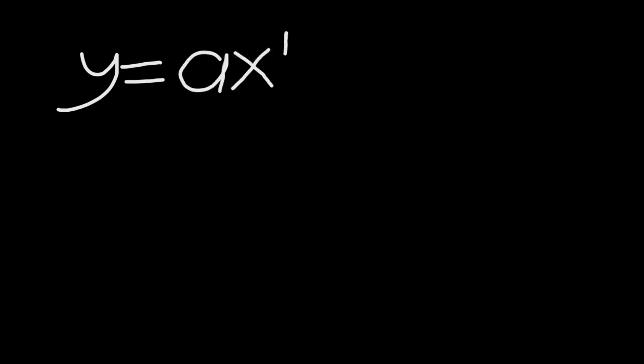So let's consider a function. So we have y is equal to a s exponent n, where a is a constant, s is a variable, and n is also a constant. Now, how do we use the power rule to find the derivative of this function? Using the power rule, the derivative, which is also called the slope or the gradient,